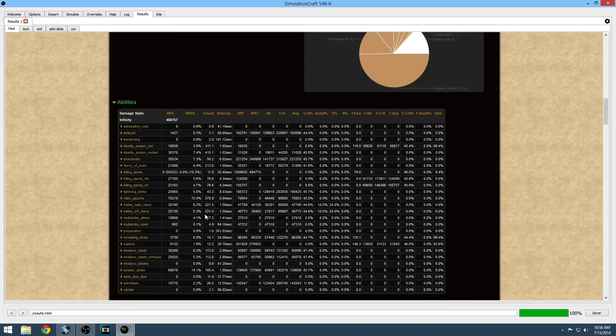Here you're going to see all the information that you will find in a Recount or a Skada meter. It will tell you exactly what abilities you did, how many times you did them, the overall DPS that those abilities did, how long you spent doing them. The average crit and the average hit are often overlooked,